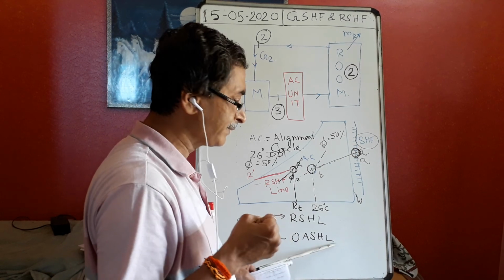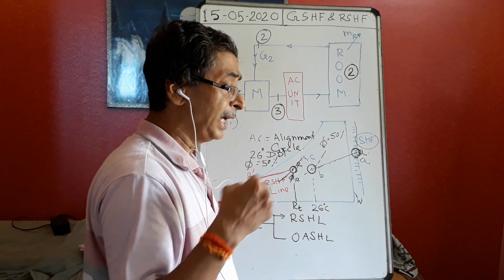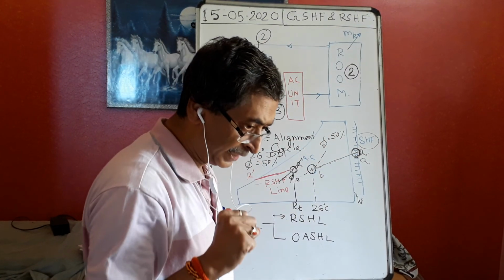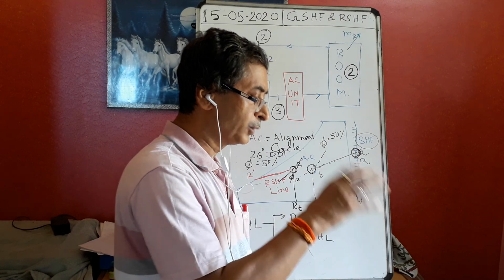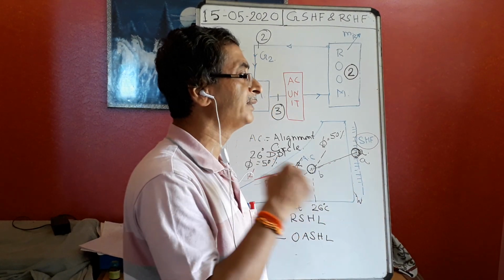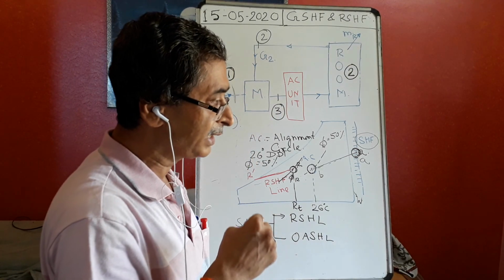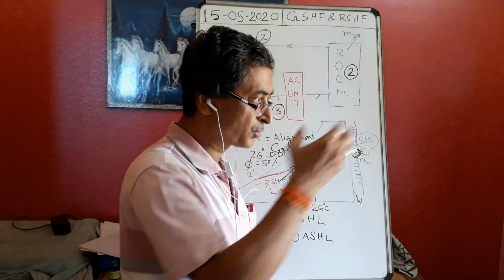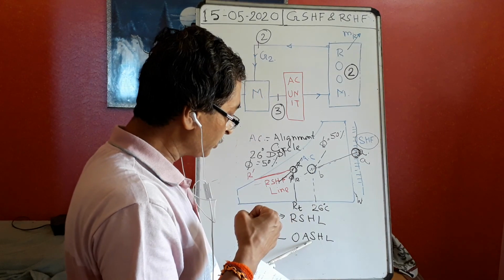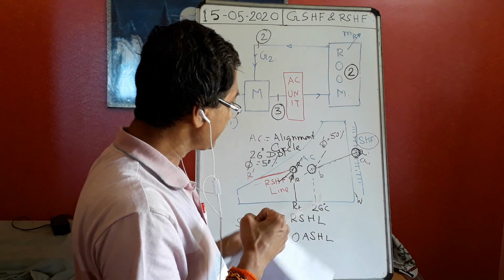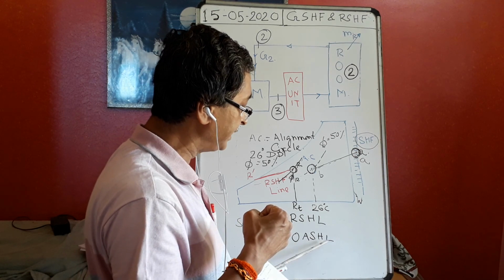And what is the outside air sensible heat load? Some air, because we are opening the doors frequently, and all the doors are not very properly sealed. So some infiltration air means some air is passing through the doors, some through the windows, and entering inside the room. So this is called infiltration air. Where is it coming from? It is coming from the outside. Outside is also very hot. So our air conditioning system has to also take care of this load. This is called outside air sensible heat load.